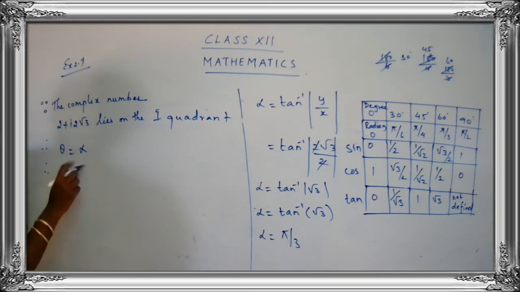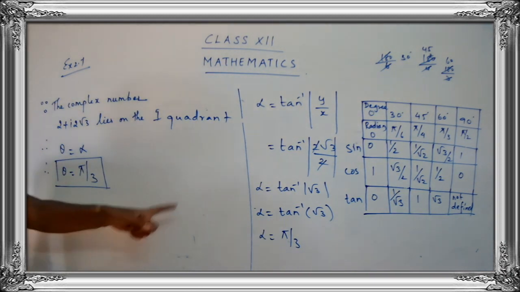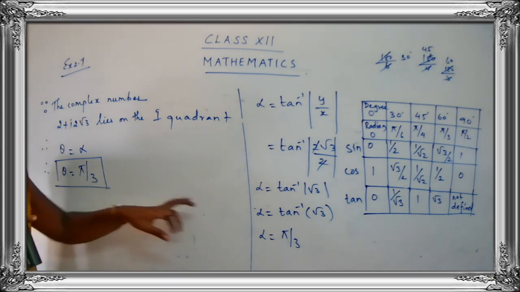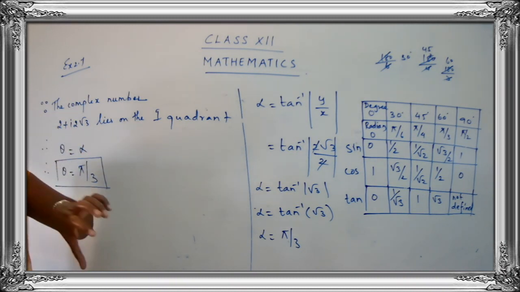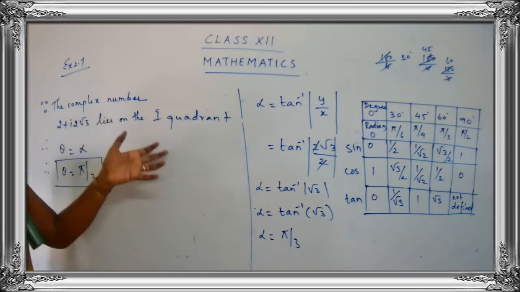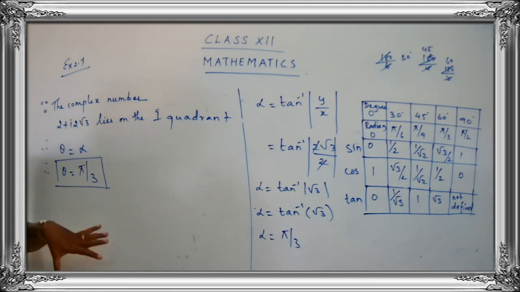So what is the value for theta? Already we have found the value for alpha. So theta is equal to pi by 3. See, I have found the value for theta. So from alpha I get the value for theta. But you have to get the value for alpha, and also you have to check on which quadrant the particular complex number is going to lie. So since the quadrant was the first quadrant, we have chosen theta as alpha. So theta is equal to pi by 3. So we have completed the required part, that is we want to find the r value. We have got the value for r, and also we want the value for theta. We have got the value for theta. Now let's complete the final answer.